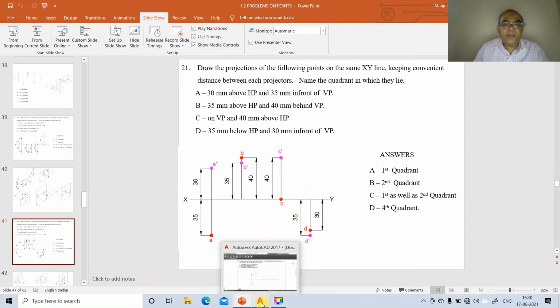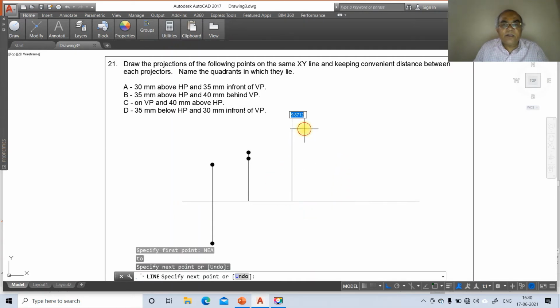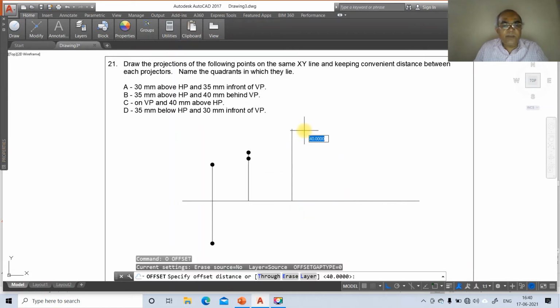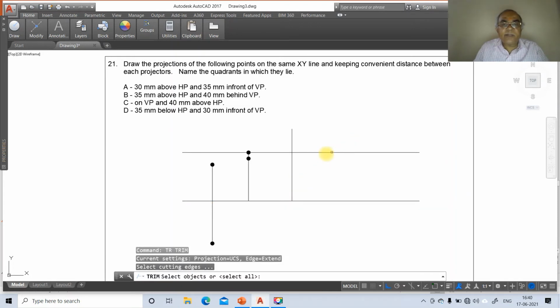So 60, 40, then go to line, take nearest point from here, then go to offset 40 mm above HP. So from here you take 40, then go to trim, select this, then go to erase. Then here